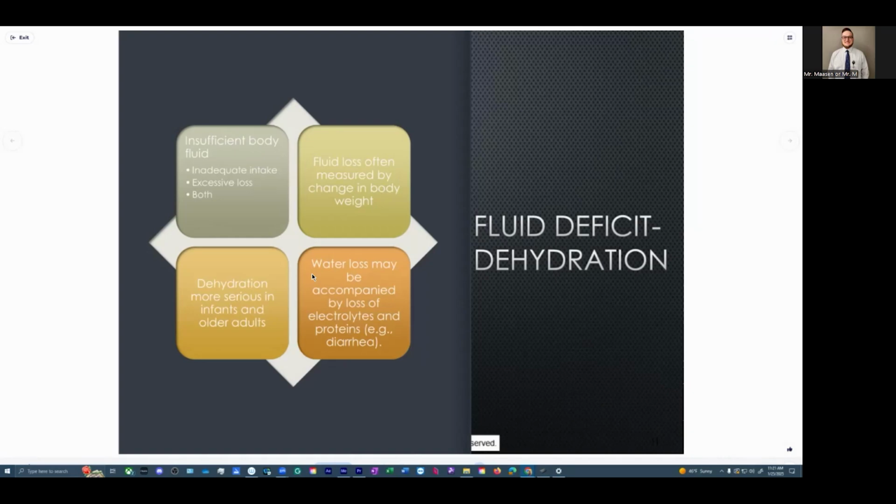And then older adults too, with diminished sensations, diminished desire to drink and eat, maybe even cognitive decline. And if I have an excessive loss of water, I may also be losing electrolytes, protein, and other nutrients. For example, diarrhea. Really bad watery diarrhea, especially a condition you probably heard of before, C. diff, Clostridium difficile,